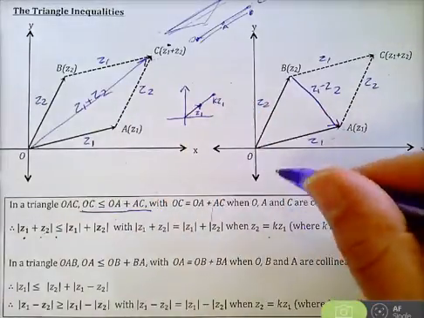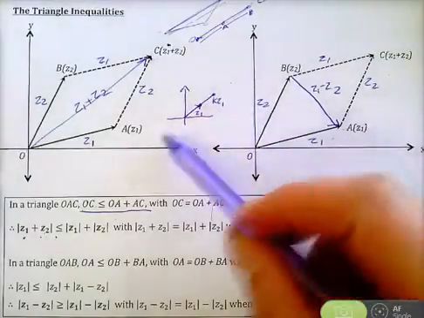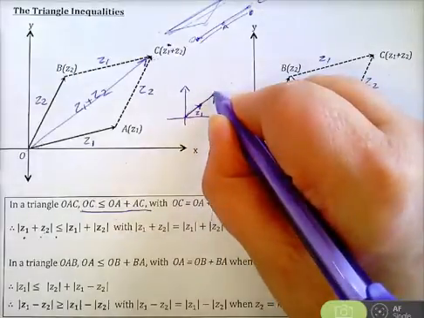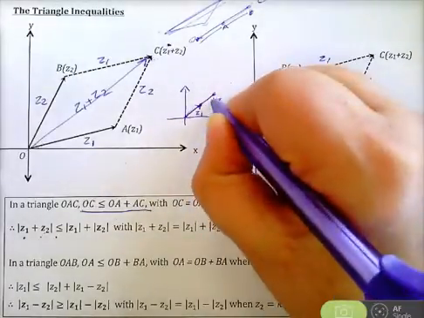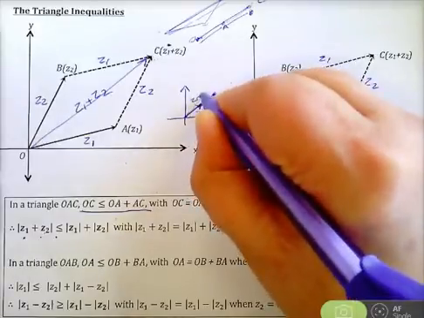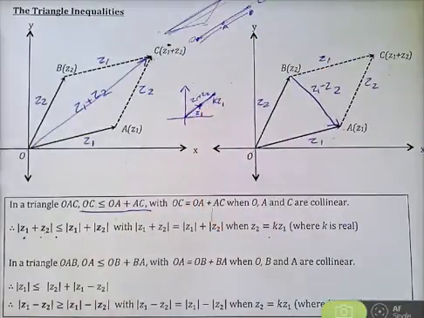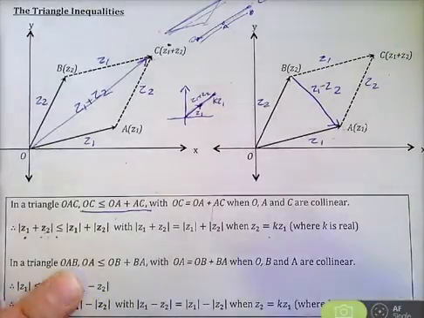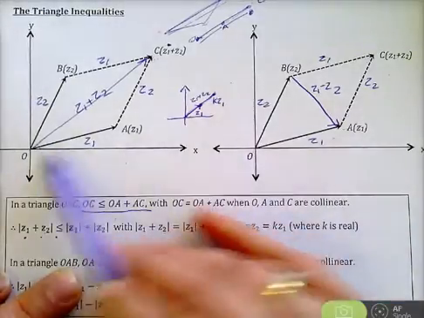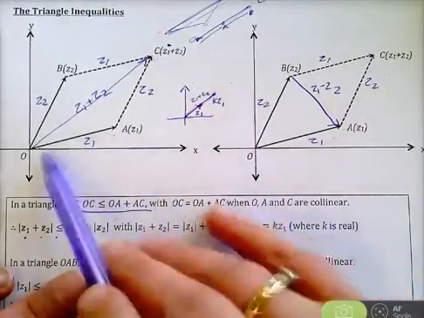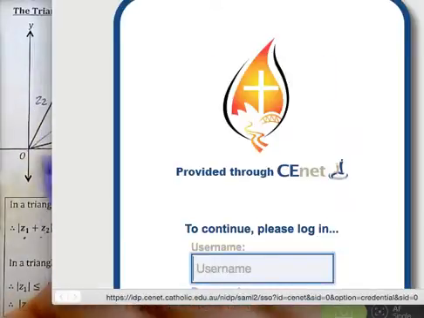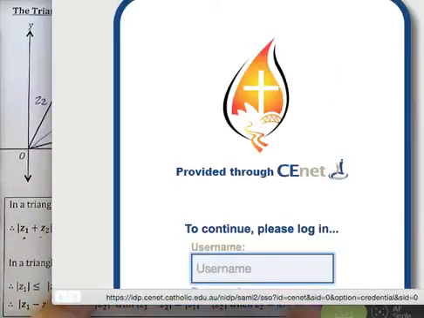All right, now, so they will be collinear. So there's the first side, there's the second side, there's the resultant. Got it? So there's Z1, there's Z2, and that's Z1 plus Z2. All right? So now, in the triangle OAB, what I'm saying here is that this side is less than or equal to OB plus, no, OA is less than or equal to,